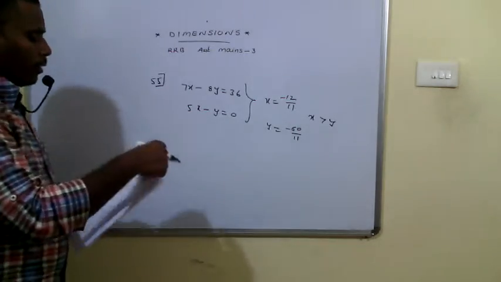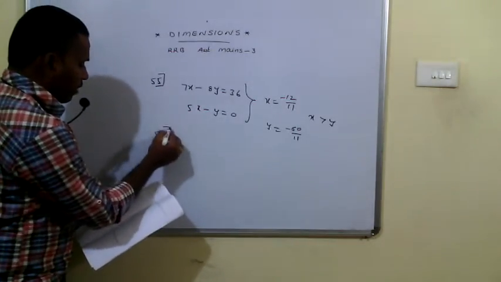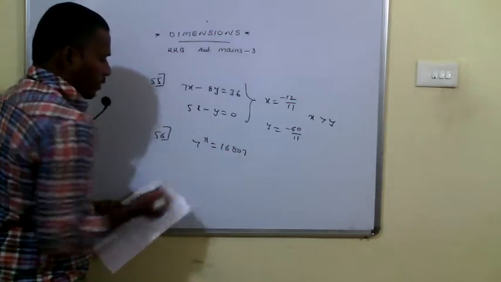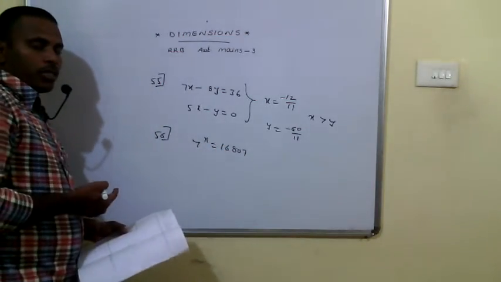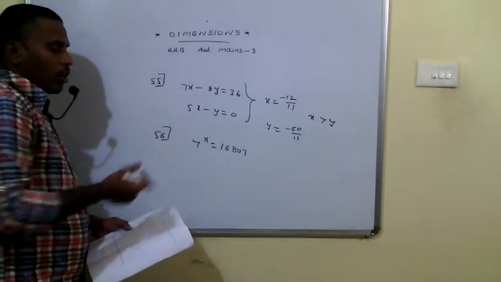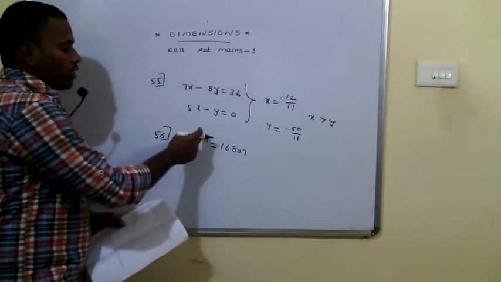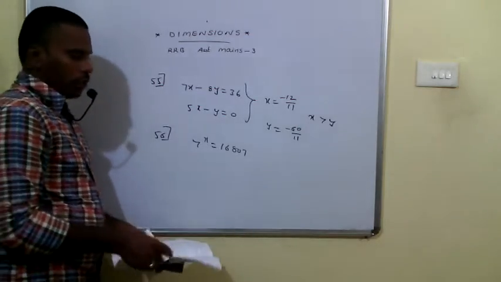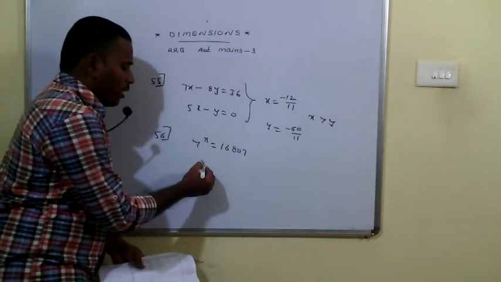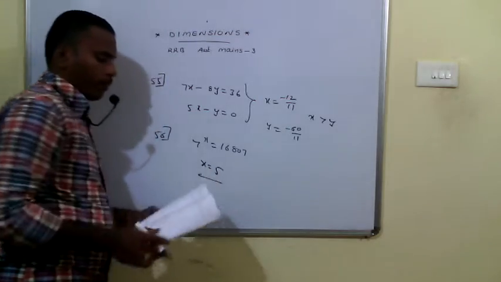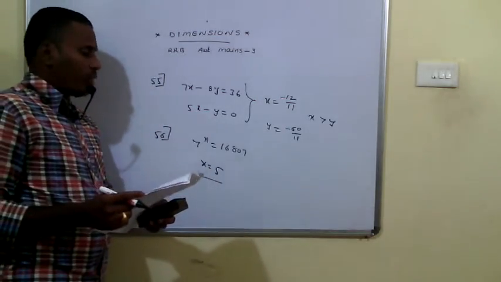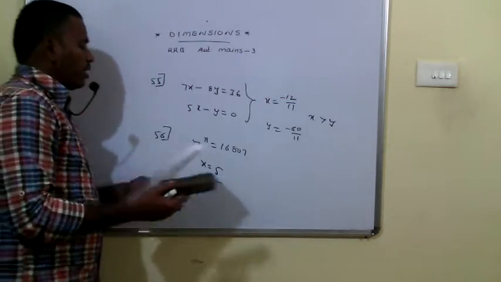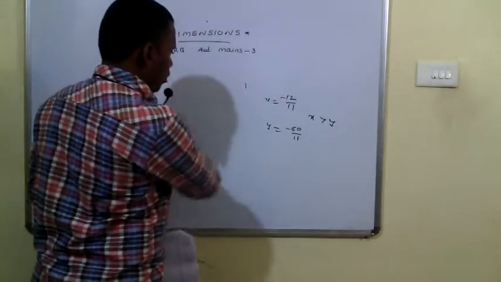Then coming to 56, the first statement is given that 7 power x is equal to 16807. Since it is looking somewhat larger, you just replace x with the value of 7 up to 7 power 4 and multiply that value with 7, you will get this. So the value of x is 5. From the second statement, clearly the value of y is 3. So x greater than y is the answer. In the same way, you have to solve 57 also.